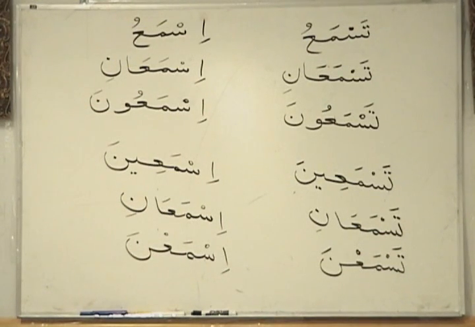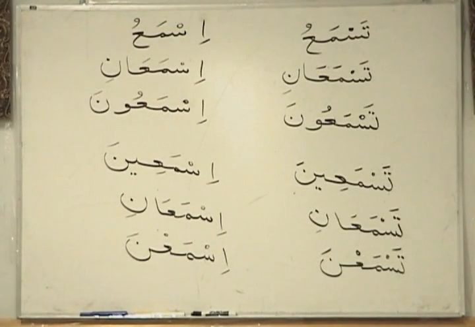This is the second step, right? Get rid of the ta. The first step. Second step is replace it with an alif. Actually, the third step is to find what is appropriate for the alif: kasra or dhamma. How do you do that? Based on the third letter. Last step, if there is a noon at the end,